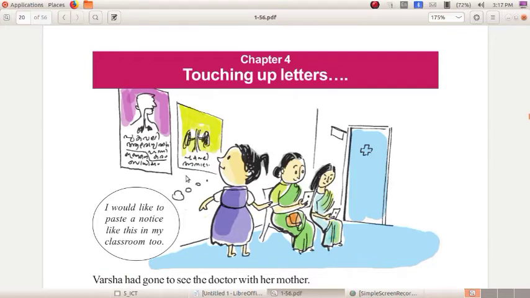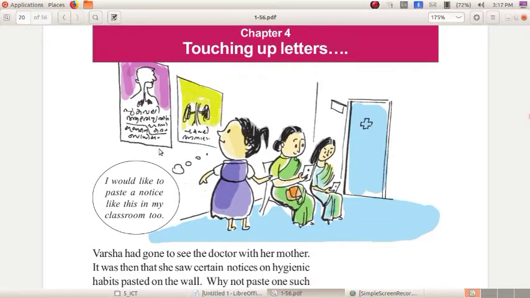She is looking at the notice that is pasted in the hospital. That is something related to hygienic habits. At that time, Varsha planned to paste something related to hygienic habits in her classroom. So she wants to type it in the computer and paste it.